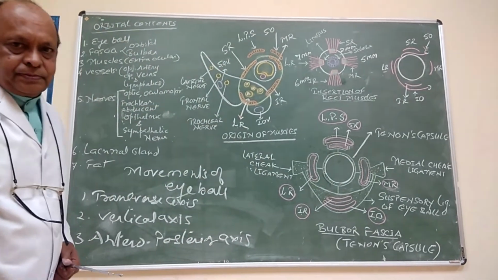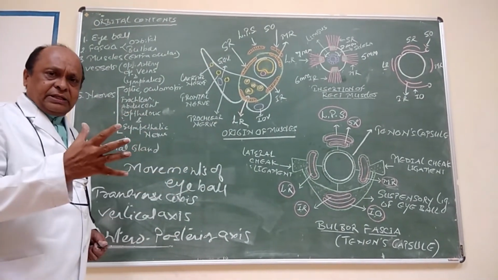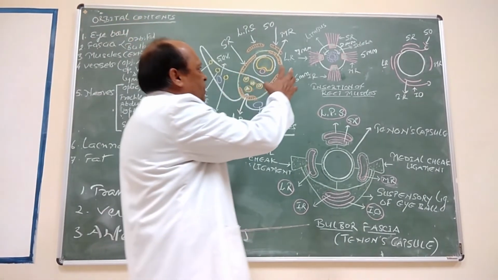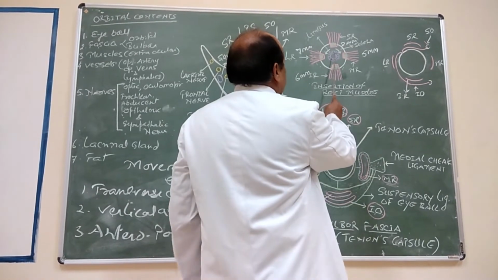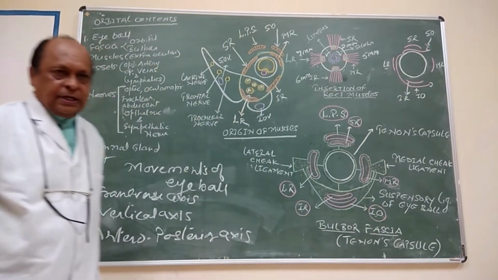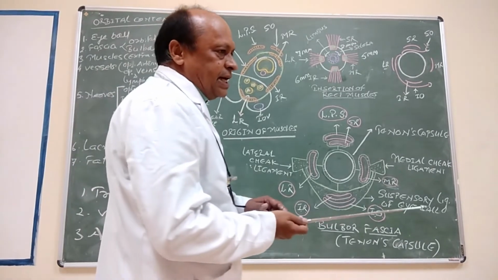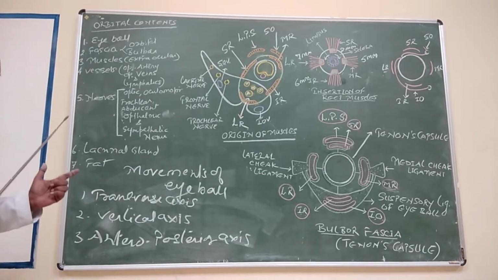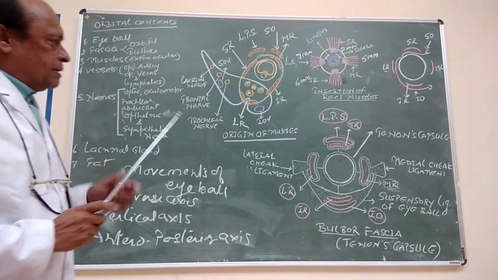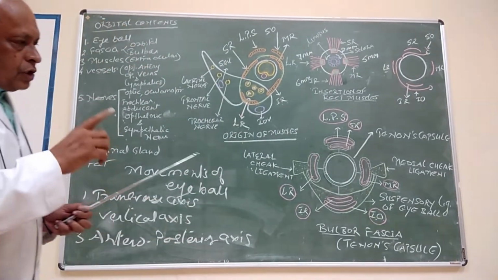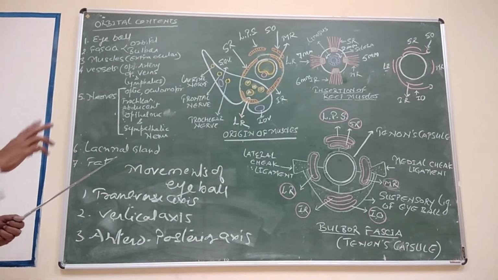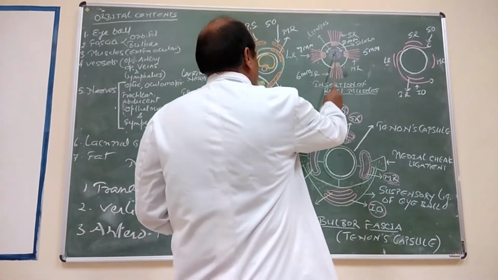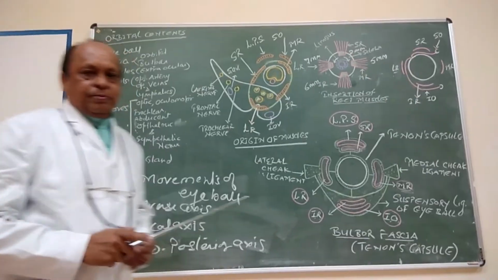So this torsion movement is described in terms of direction of movement of upper margin of pupil, whereas rotatory movements are described in terms of direction of movement of center of pupil. If center moves towards medial side, then it is medial rotation, lateral side lateral, upward moves upward rotation, downward moves downward rotation. These are the movements. And the point to be remembered is that torsion movements, in-turn and out-turn, are always in relation to the direction of movement of upper margin of pupil.